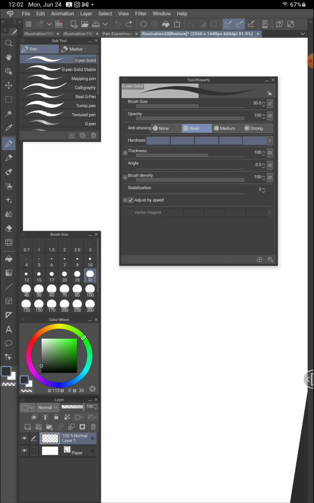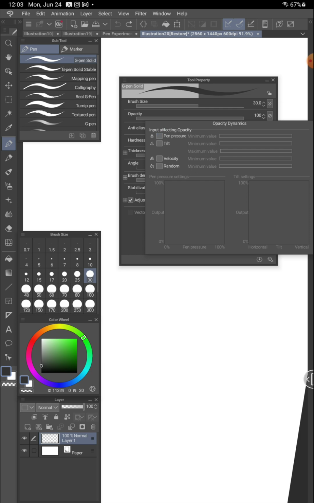I usually have them for each brush. You can change which ones are visible, but these are the ones that are most important for what we're talking about: opacity and brush density. They both do something different, but normally this brush is just black. No matter how hard I press, no matter how light I press, it just gets skinnier. It doesn't get lighter or darker. So if you want this brush to get lighter or darker, you can change opacity,